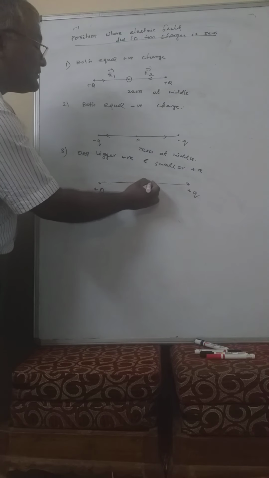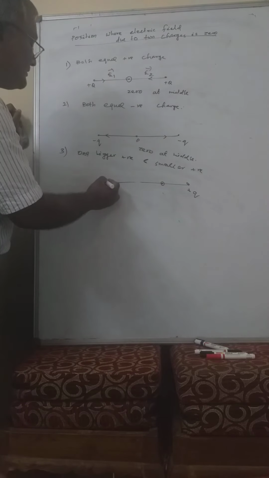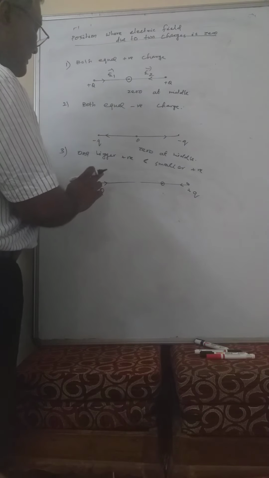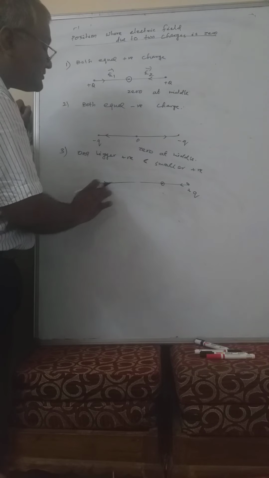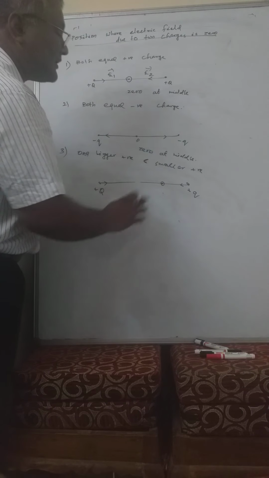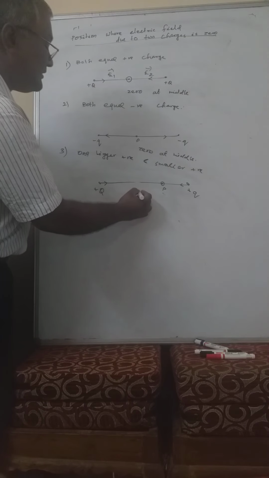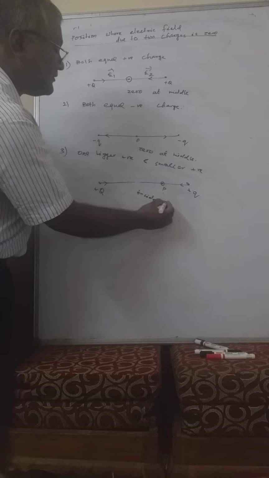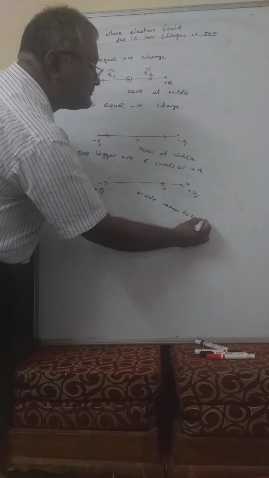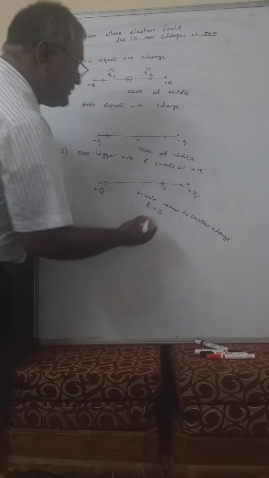Suppose the point will be inside but nearer to the smaller charge. Here you see this one is positive, away, and this one is positive, away, so the directions are opposite. Here the field will be k into the bigger charge by the bigger distance squared. This is k into the smaller charge by the smaller distance squared. Both magnitudes will be equal and the directions are already opposite, so the field will be zero here. That means inside, nearer to the smaller charge, the field will be zero. This is the third one.